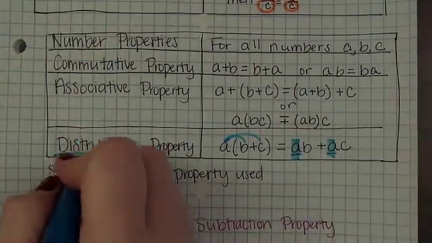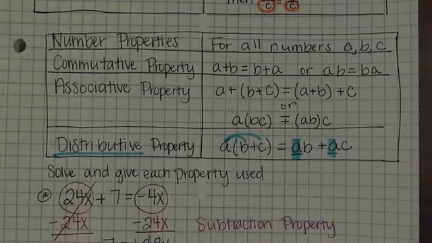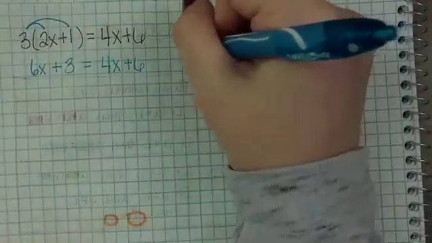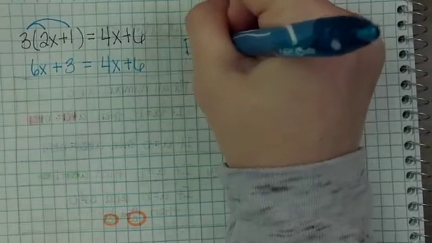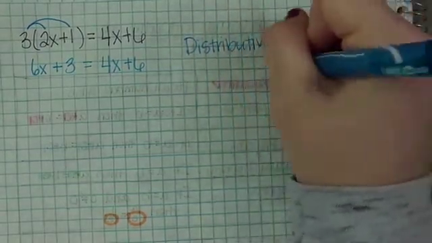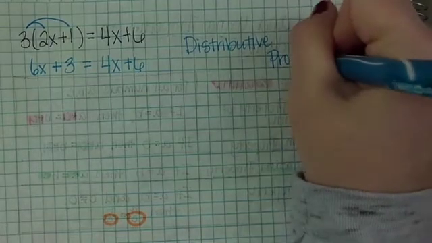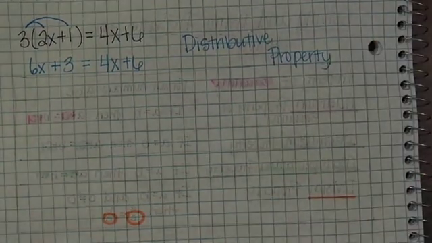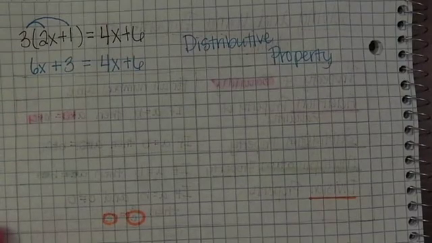That's the distributive property. So then over here you're going to write distributive property,